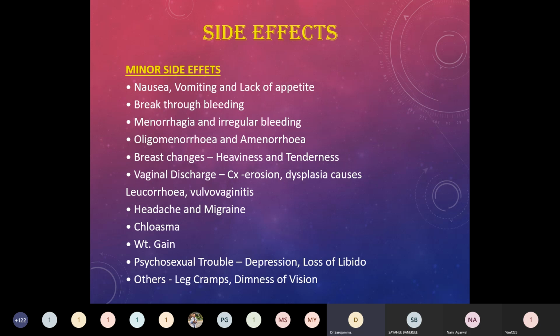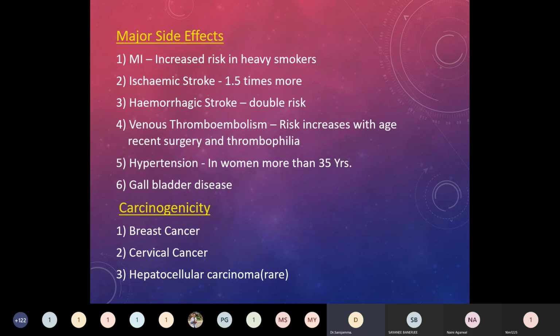All these you can think and answer. Every system will be affected, but the benefits outweigh the risks of using the tablets, so these are commonly used. And major side effects which should always be kept in mind are venous thromboembolism because of the usage of estrogen, and